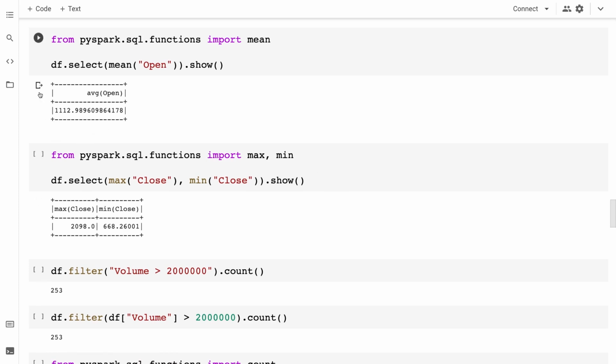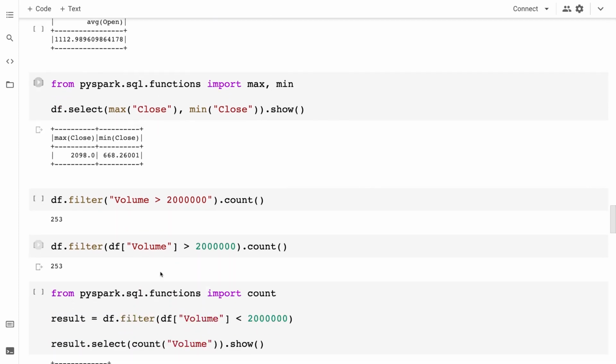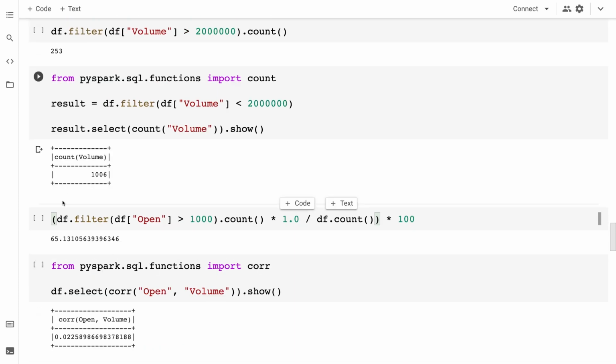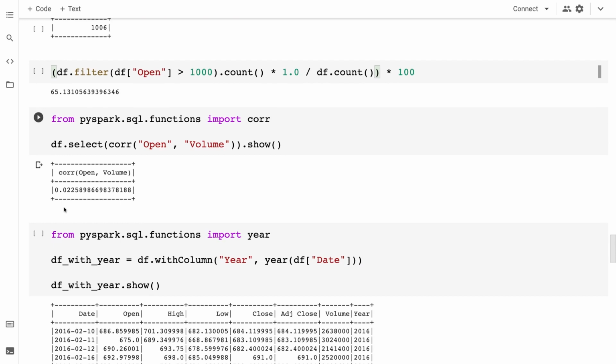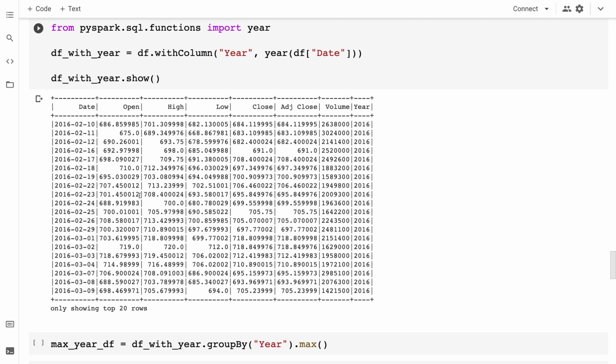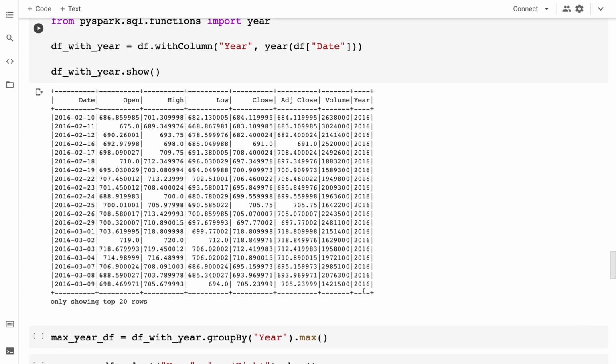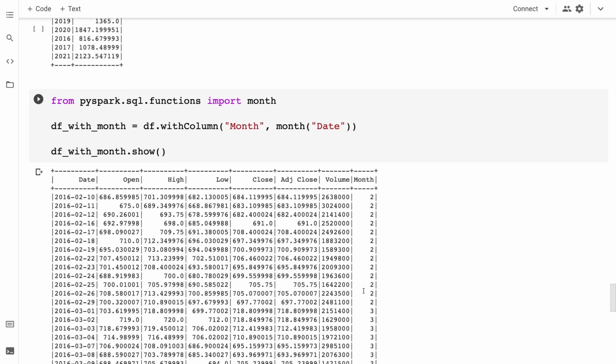We're also going to perform different mathematical operations like getting the average, getting the max and min, and filters as well. We're going to learn how we can query our data frame for any kind of operation we want, such as getting correlations and grouping our columns and our rows into years or months, and using a lot of different